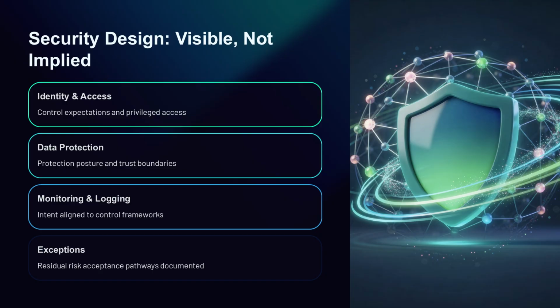With non-functional requirements in place, you now include security design in a way that governance and leaders can trust. You describe identity and access control expectations, data protection posture, monitoring and logging intent, trust boundaries, and privilege access considerations. You also note any required alignment to relevant control frameworks in your environment, and you document exceptions and residual risk acceptance pathways where needed. This prevents security from becoming a last-minute surprise and makes the design defensible during audits or